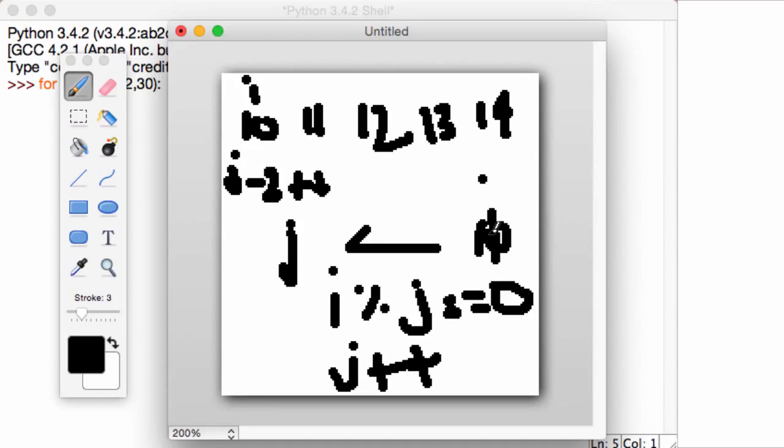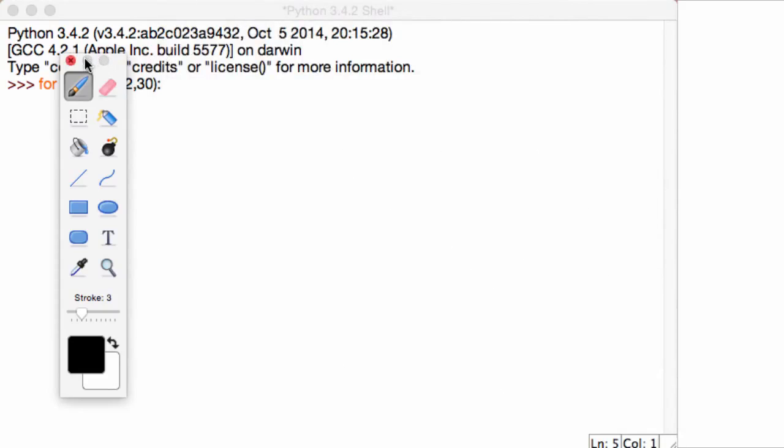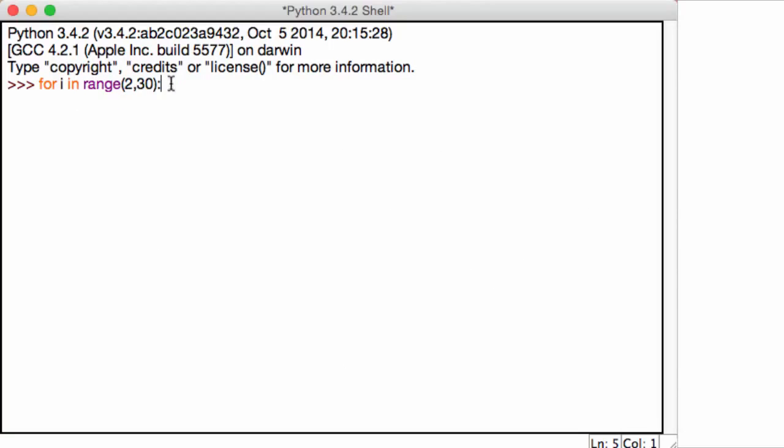So this may have been a little bit confusing to you. Listen to this again, and once we write the code, you'll actually understand what's happening. So I'm going to minimize this, and I'm going to get started on the code. So we have for i in range 2, 30. I'm going to initialize my j variable over here. j is now going to be equal to 2. So while j is less than i, okay, while j is less than i,